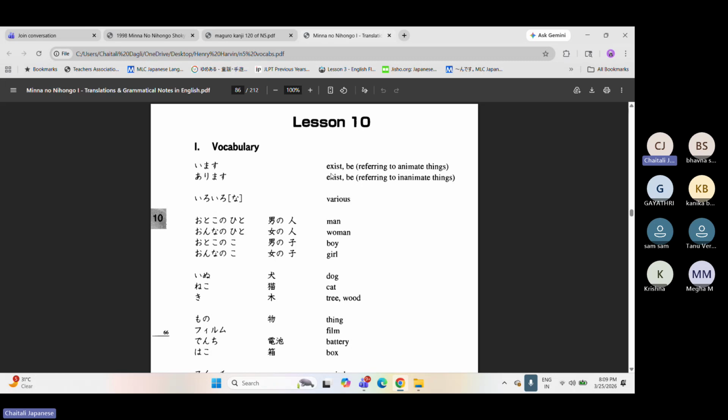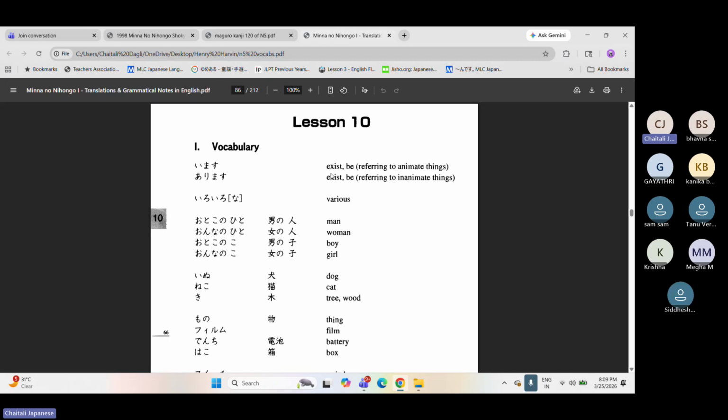Now here you are going to learn actually the sentence patterns. When you want to say that Mira-san is in a meeting room, how are you going to frame that sentence? Or telephone is on the second floor. Or supermarket is in front of the station. How are you going to frame these sentences? For that, we have a categorization of living beings and non-living beings. We all know what is living beings and non-living beings, animate and inanimate objects or things.